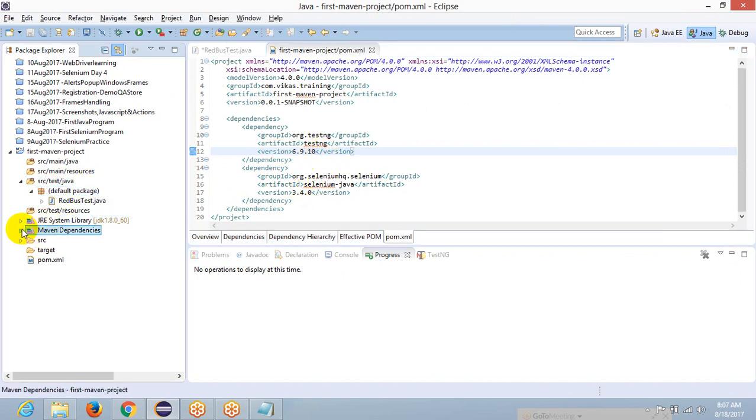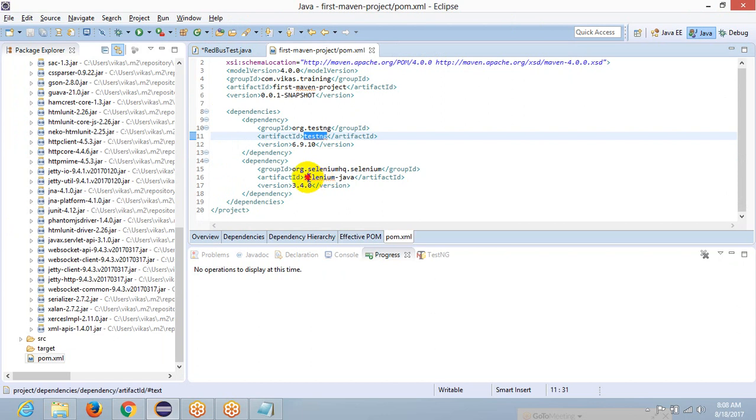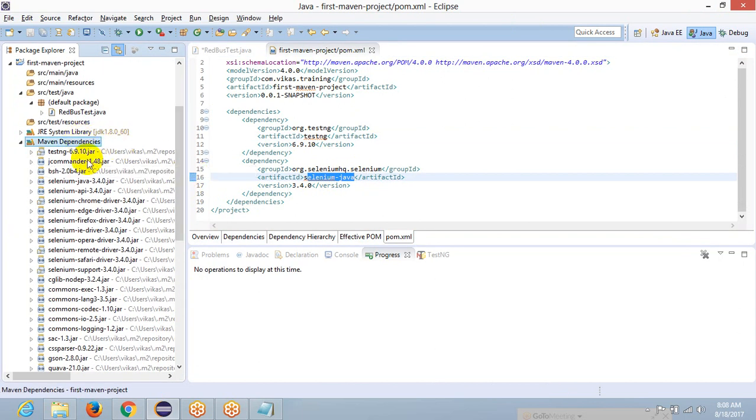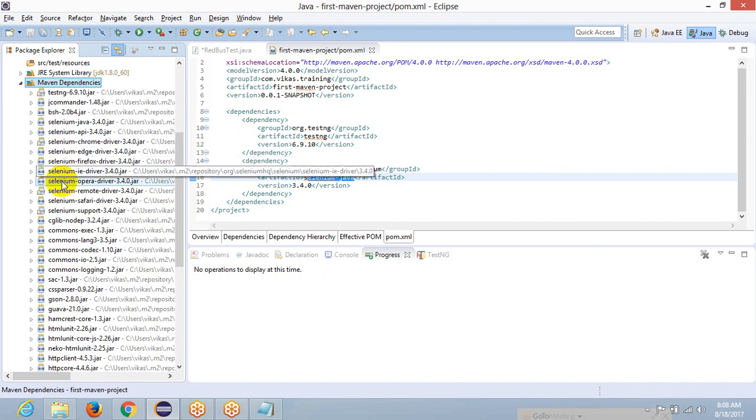Now going here, Maven dependencies. See, I specify how many dependencies? I said testng and Selenium Java. But when you go to the Maven dependencies, you see a huge list of jar files. Some of the jar files have the name Selenium, Selenium, Selenium. Some are testng. Few are commons-codec, commons-io, commons-logging, JSON,